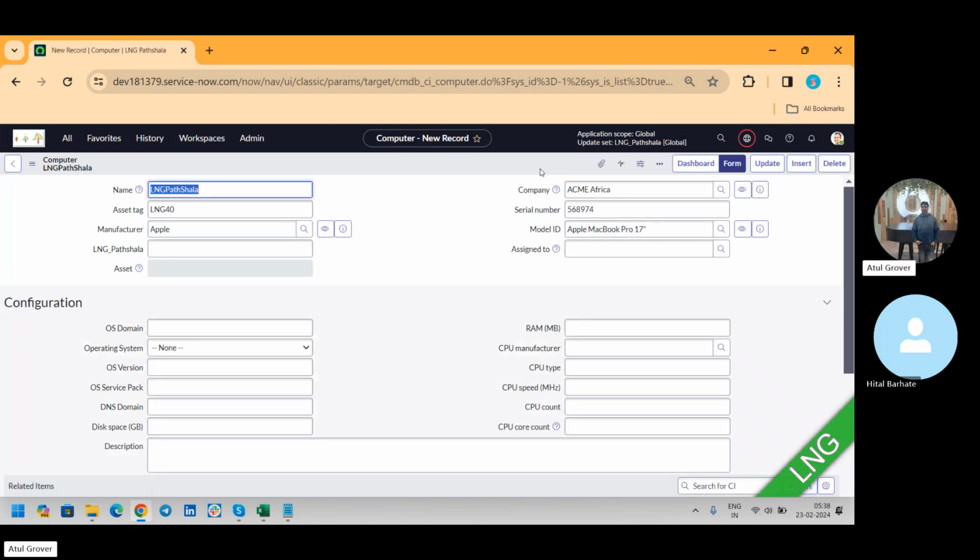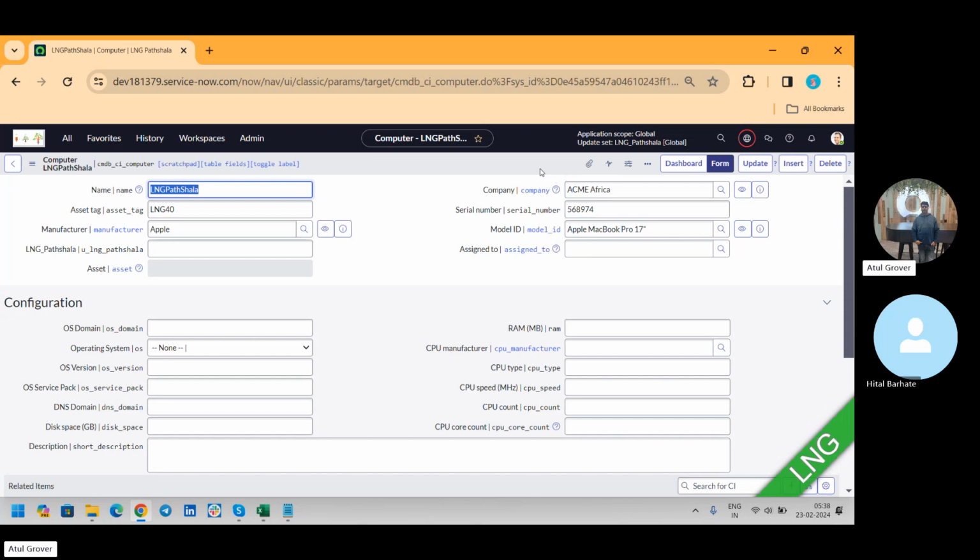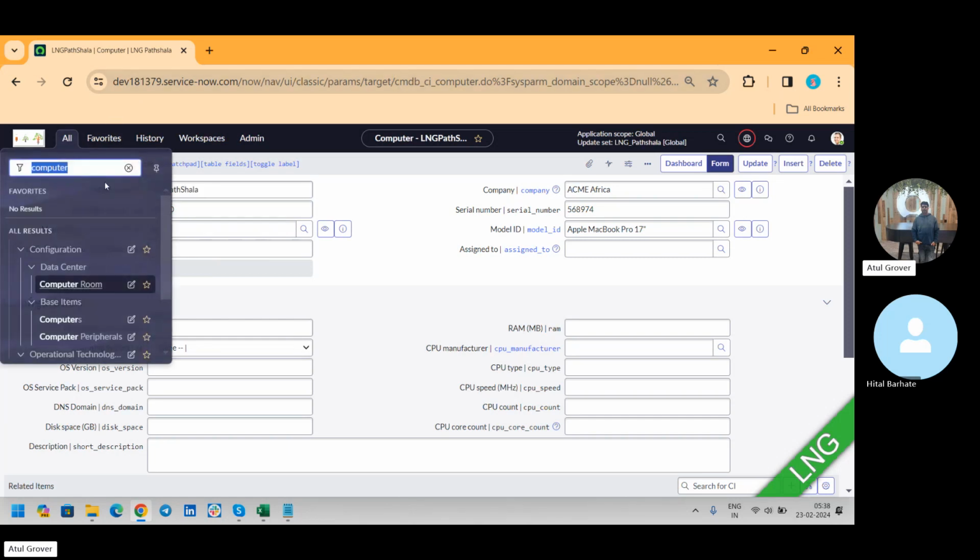When I click on save, a business rule will run in the background, and that will go and create the asset for me. Let me refresh it. It takes a little time to generate the asset record. One number will be created. So now we are on the CMDB table, and once the asset is created, let's see, if I go here, asset,